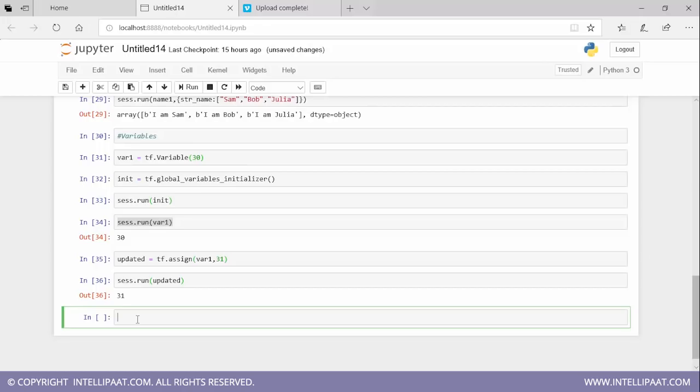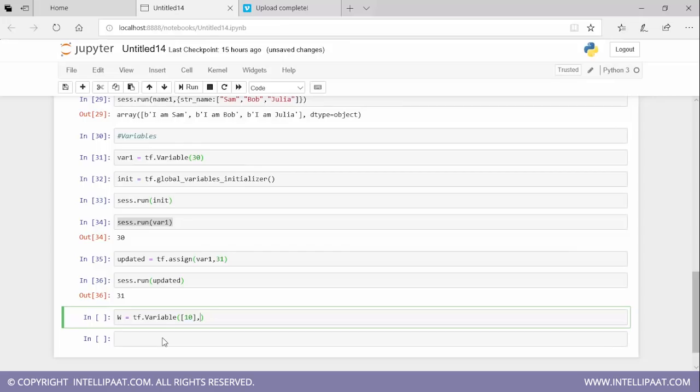Now let's also go ahead and create a linear model. So let's just say the linear model is wx plus b. So let's go ahead and create this linear model, where w is a variable, x is a placeholder and b is a variable again. So w is equal to tf.Variable of, let me give a value of 10 to this, and this will be of integer type. So tf.int32,